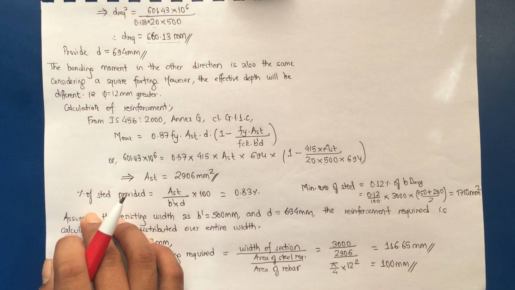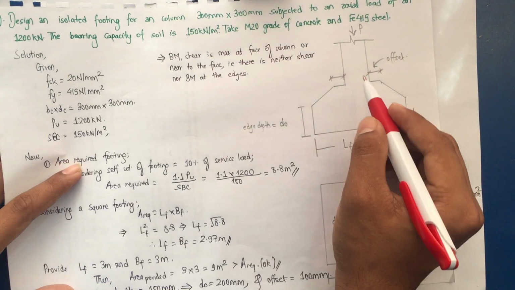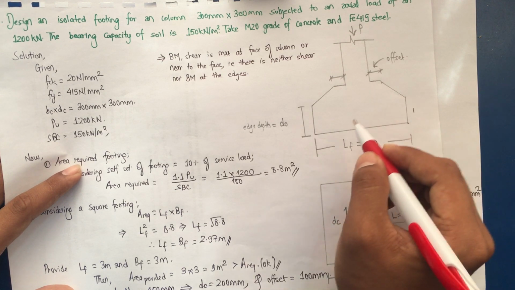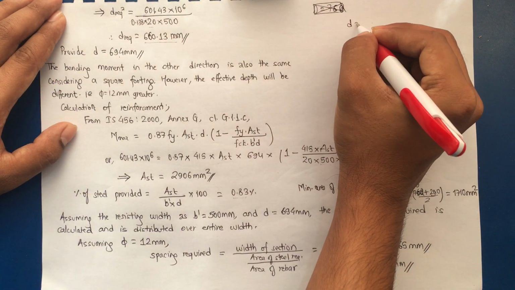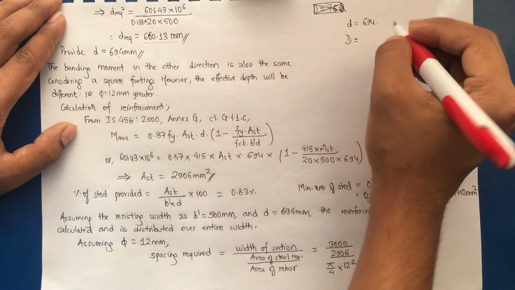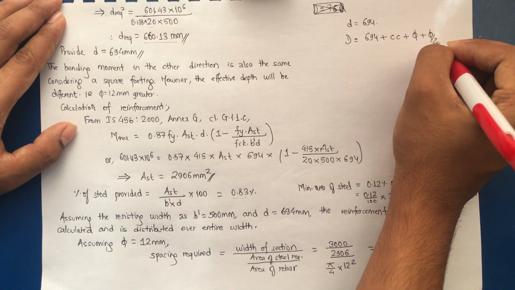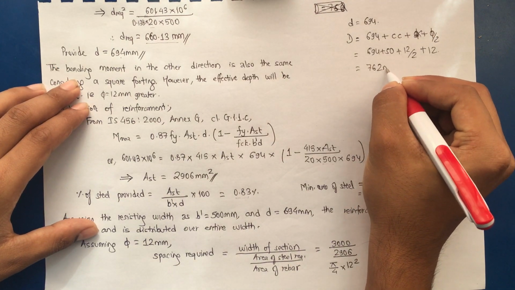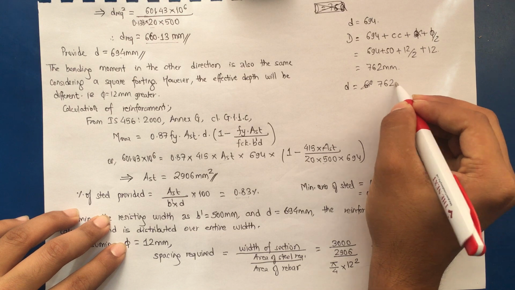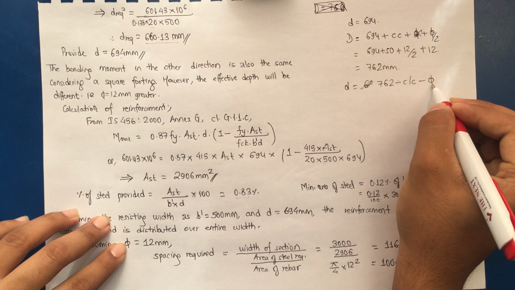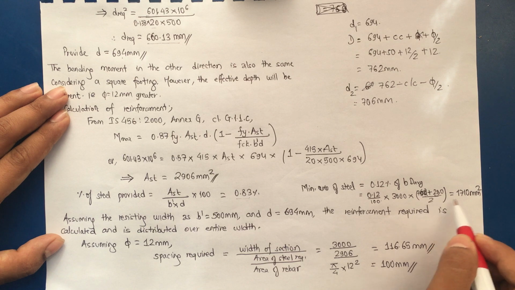And as we have a sloping footing, the value of D is different here, it will be D average. So we will take the capital D average of the gross depth and the edge depth. As we have provided D as 694, the gross depth will be 694 plus clear cover plus 5 plus 5/2, that is 762 mm, and the other depth will be 762 minus clear cover minus 5/2,